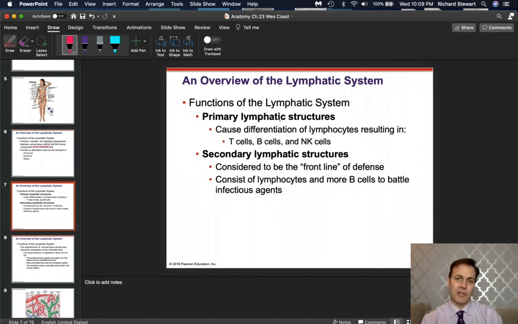Okay, so primary lymphatic organs involve T cells and B cells, of course, and secondary is just like your tonsils. It's going to be exposed to the outside, so when you breathe in, you have bacteria that goes in, it hits your tonsils, and they fight it off, because there's a lot of white blood cells. Tonsils get swollen with tonsillitis, strep throat, things like that, and then our lymphatic system takes care of it for us.